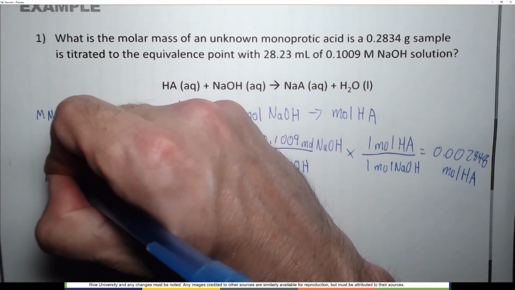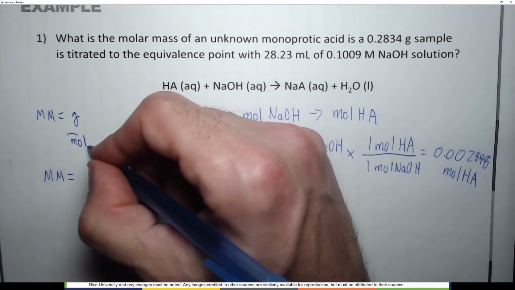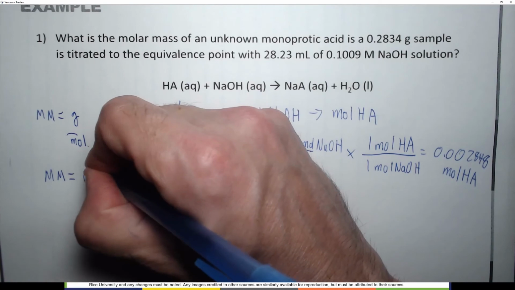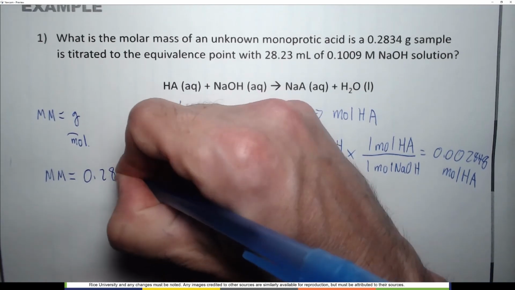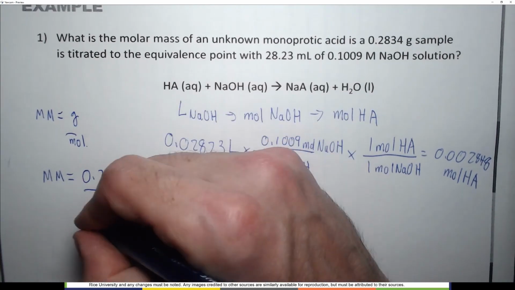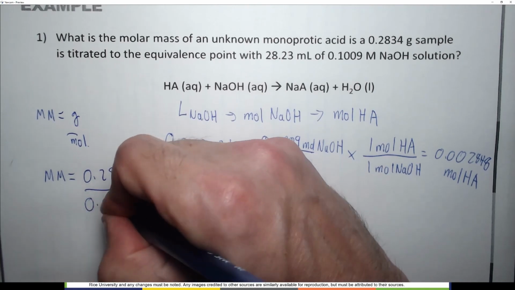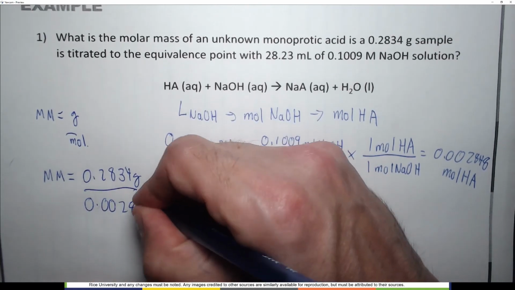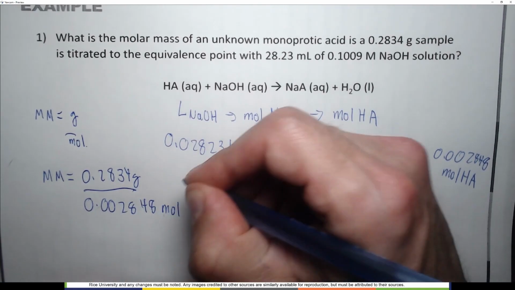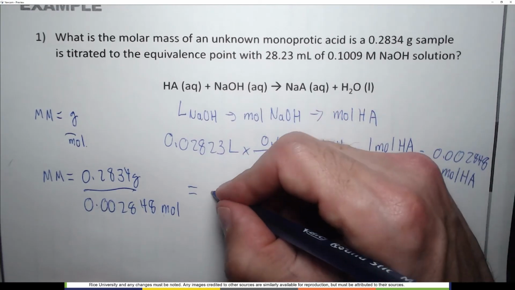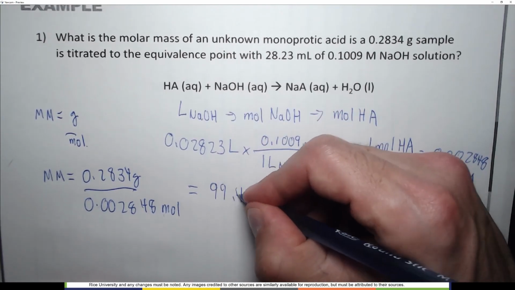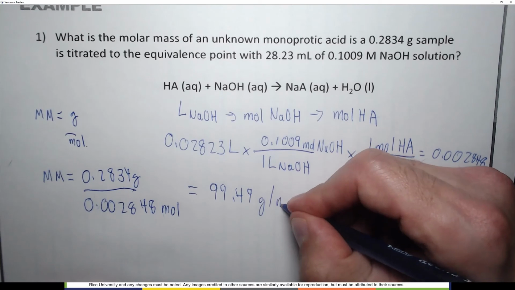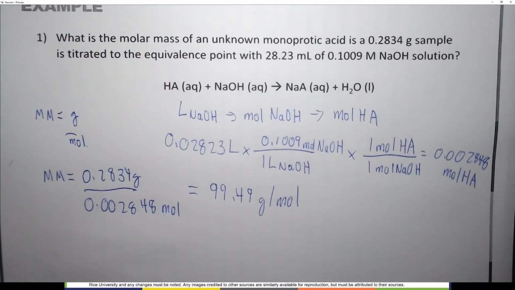So the molar mass equals the grams, which is 0.2834 grams, divided by the moles, 0.002848 moles, which is going to be equal to 99.49 grams per mole. So this last titration question essentially could have been asked in the General Chemistry 1 section on stoichiometry,